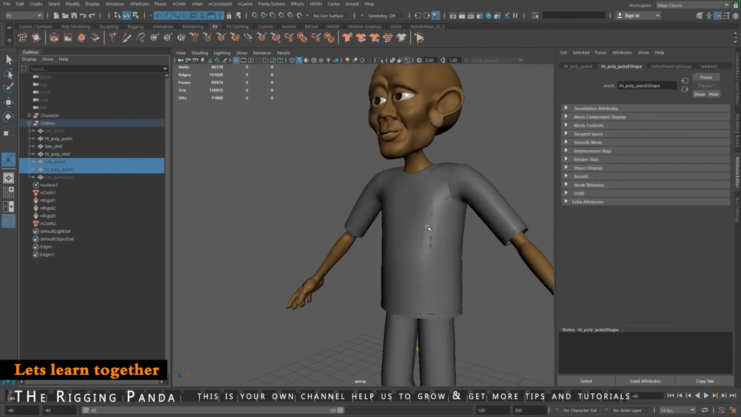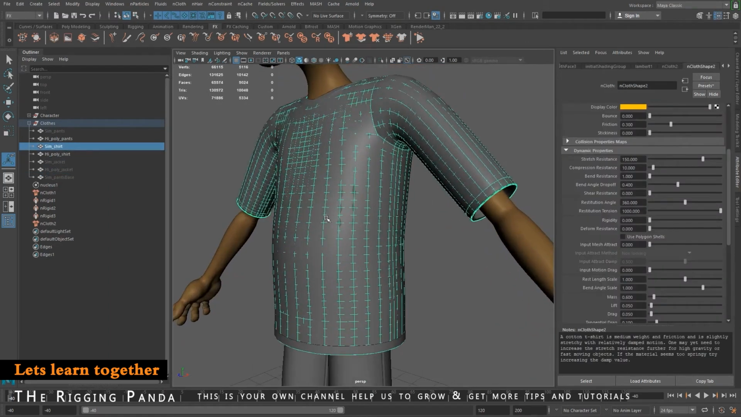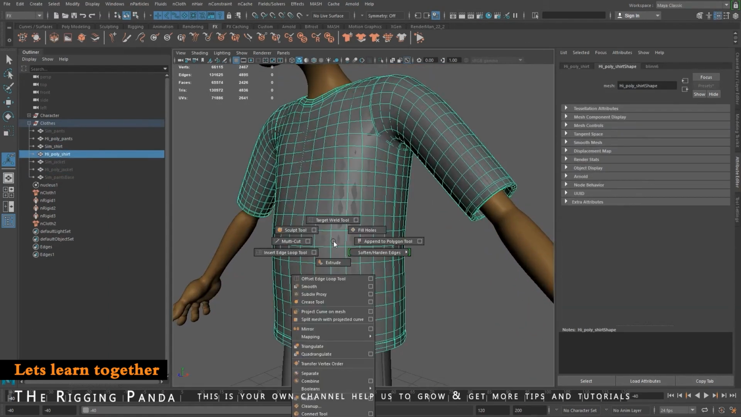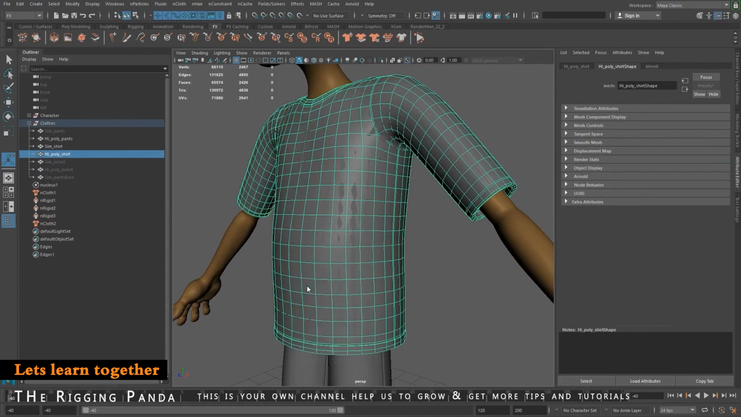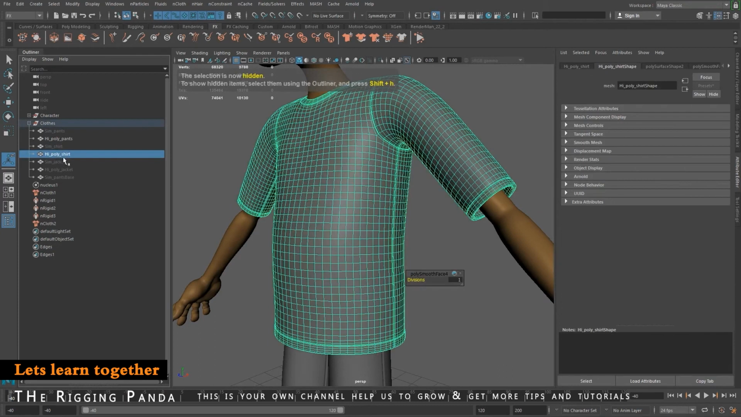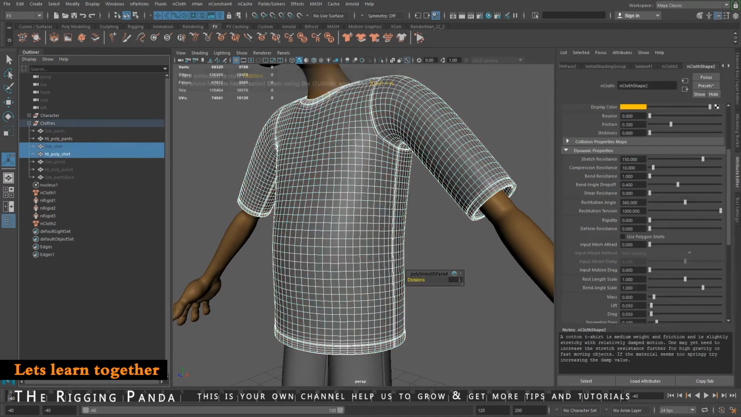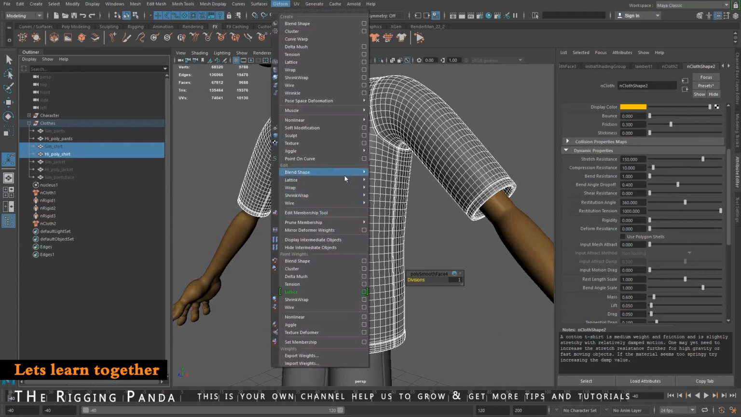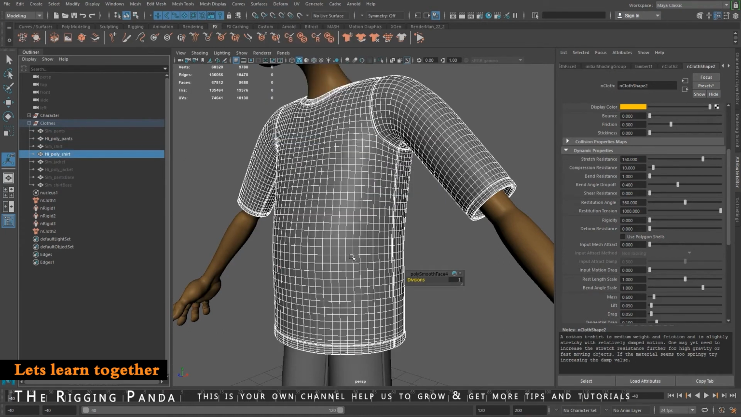And remember, because we smoothed the sim shirt, I'm going to have to smooth the high poly shirt as well. So I'm just going to smooth that. I'm going to hide my sim shirt, select the high poly shirt, shift select the sim shirt, and we're going to go to the modeling menu set and go deform and wrap. Okay, just give that a second to finish what it's doing. There